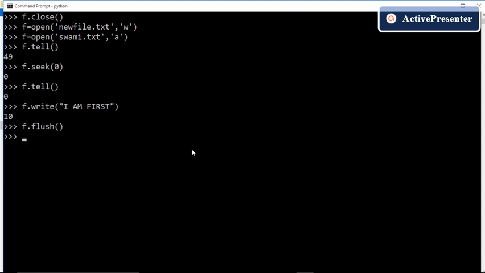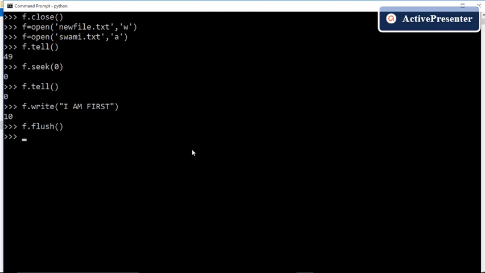We cannot modify, we cannot overwrite the already existing content. Whatever we write will be added at the end of the file. We cannot change the existing content of the file. Okay, so this is about the append mode.